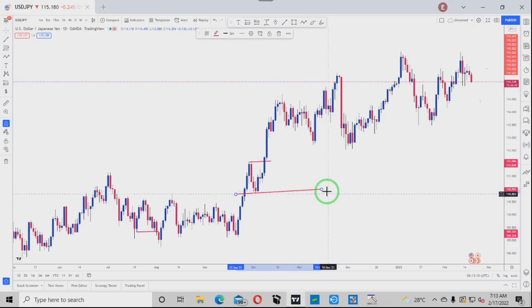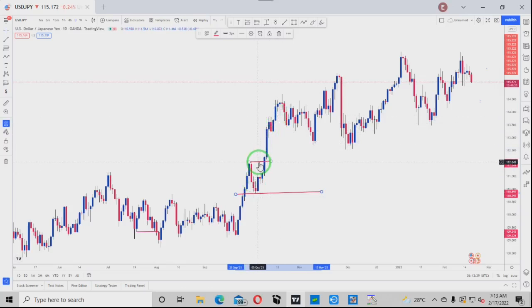Guys, do you understand what I'm trying to say? This is your new low. All right? This is your new low. And this is your new high. Can you see that? Now, where is your trading range? Your trading range is between this low here and this high here. Can you see that? That is your trading range. This is now your break of structure, because price has broken the structure to the upside. This is now your break of structure.